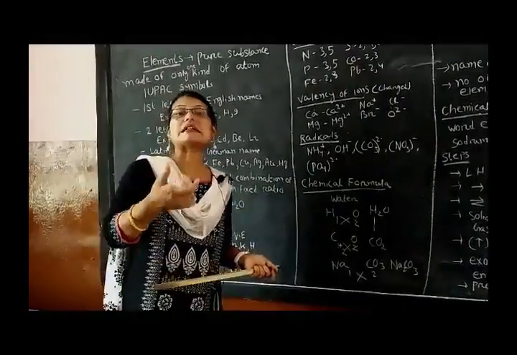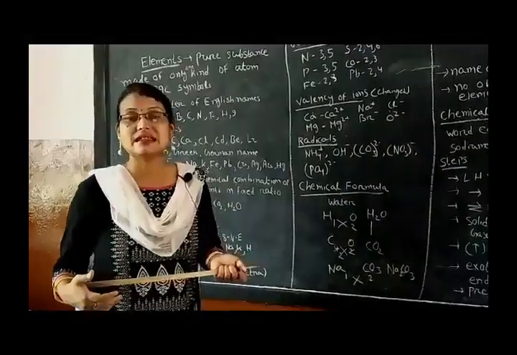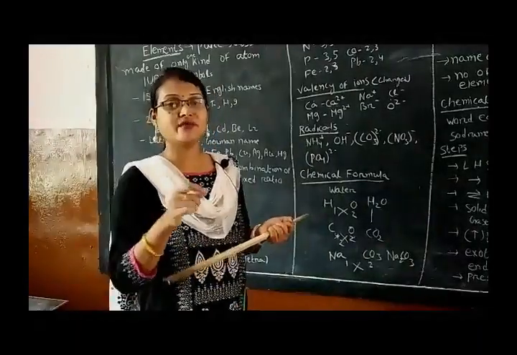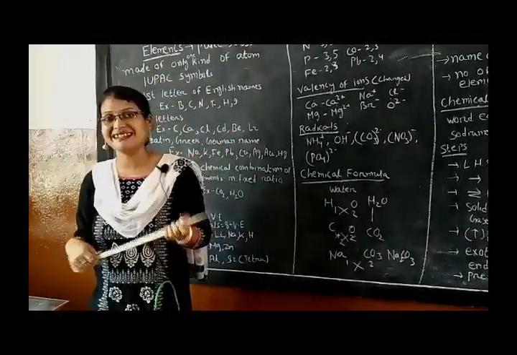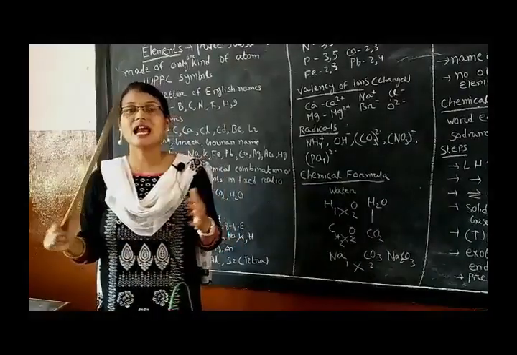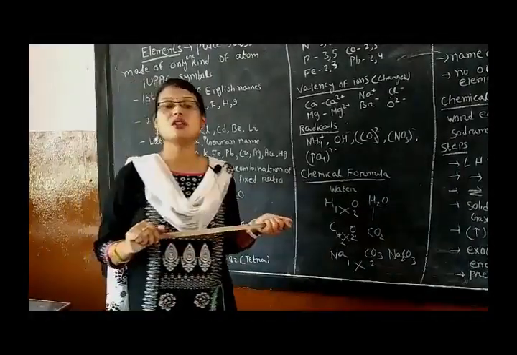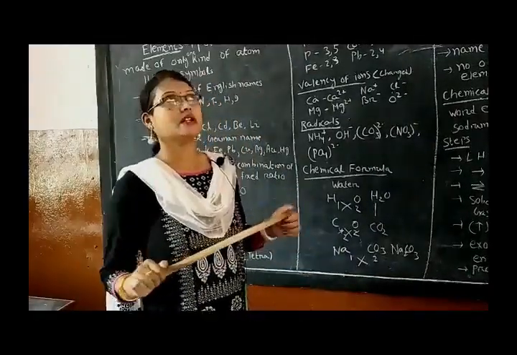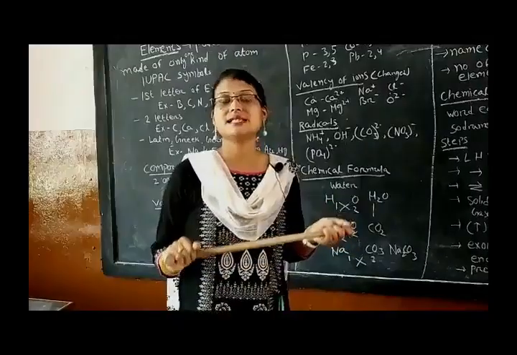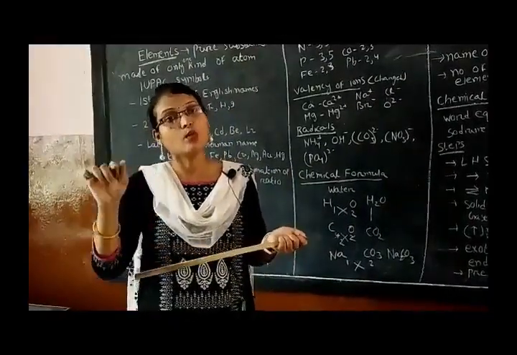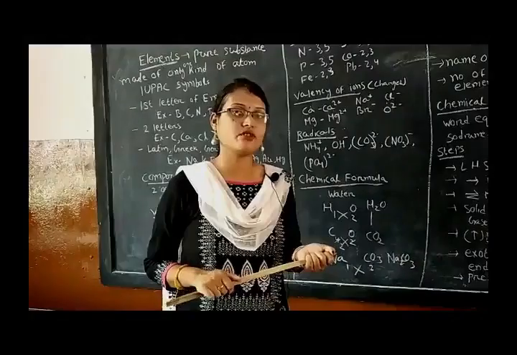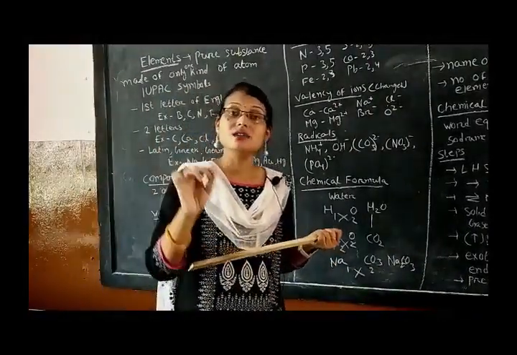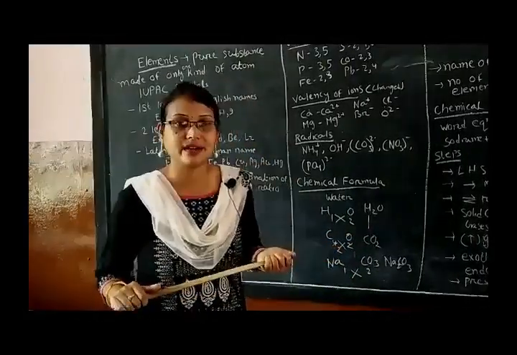Whenever they combine, they do so according to their valency. We all know that when we are writing the configuration of an element, the last electron, the outermost electron, is known as its valence electron. For example, we can take lithium. What is the atomic number of lithium? 3, configuration 2, 1. So how many electrons are there in the outermost shell? 1. So what is the number of valence electrons there? 1. Also the valency there is 1.